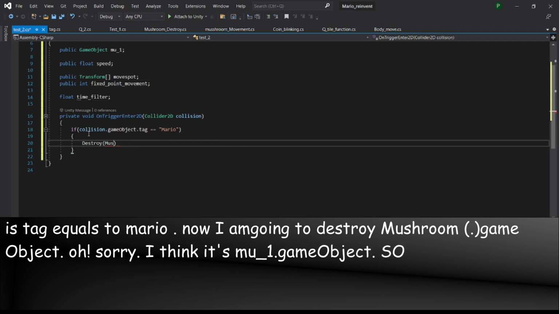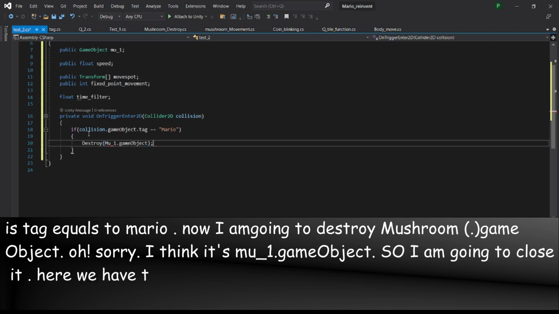Oh sorry, I think it's the new one, dot gameObject. So I'm going to close it. Here I have to put mu1.